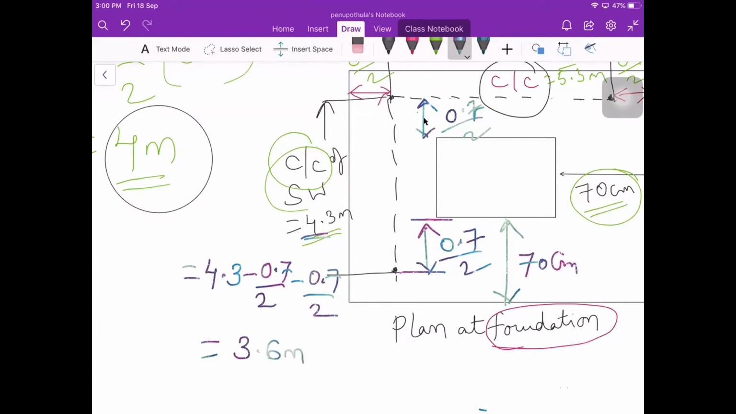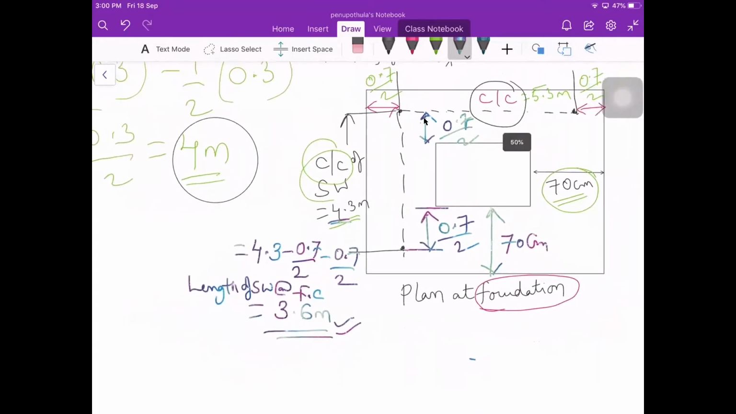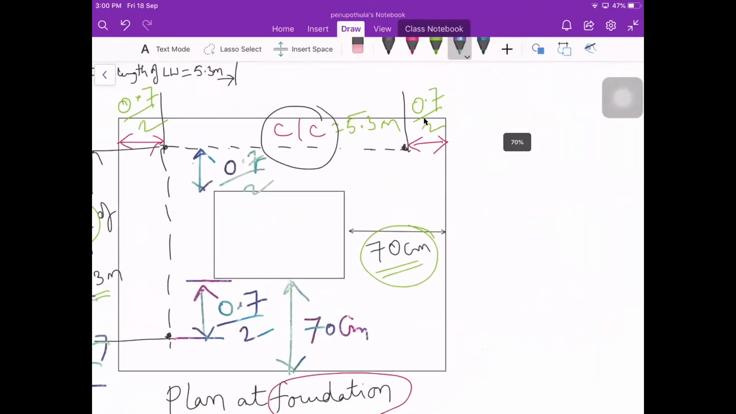meters. So this is the length of the short wall. At which level? Foundation concrete level. Length at foundation concrete is 3.6 meters for the short wall. Okay, so similarly here we have calculated